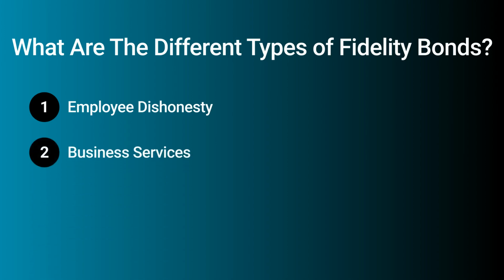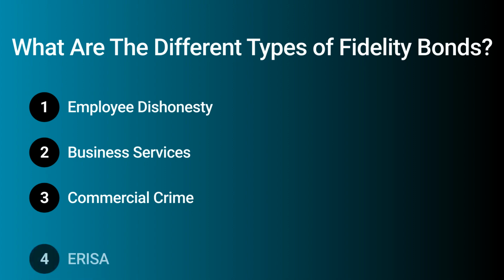Business services bonds, which protect the customers of a business from the fraudulent or dishonest acts of the business's employees while on the customer's premises. Commercial crime bonds, which function similarly to employee dishonesty bonds, but can be tailored to include additional coverages and can be issued at higher limits. ERISA bonds, which protect participants in a retirement or other benefits plan from fraudulent or dishonest acts committed by the plan